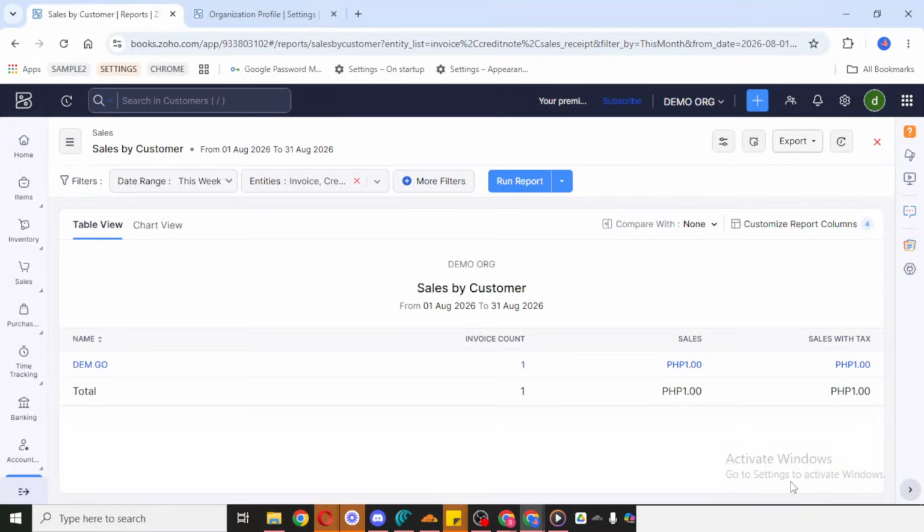That's it. Your sales report will be downloaded and ready to use. If you frequently download the same report, it can help to remember the filter settings you used so the process is even faster next time.